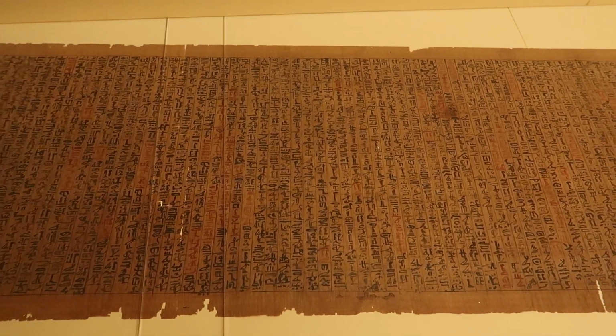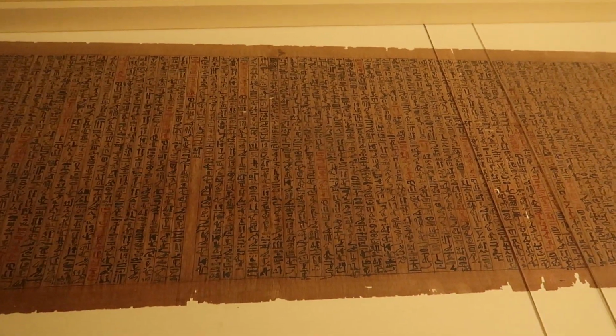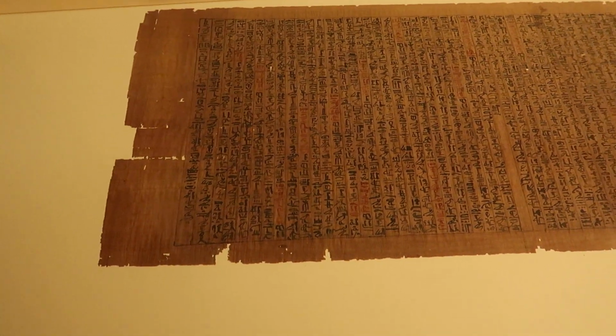You got to appreciate that the museum went through a lot of trouble to get this entire scroll to be visible. And I don't know if there's too many other places that have anything like this. And they gave it quite a bit of space. As you can see, there's the space. And by the way, that's not the whole thing because you have another half